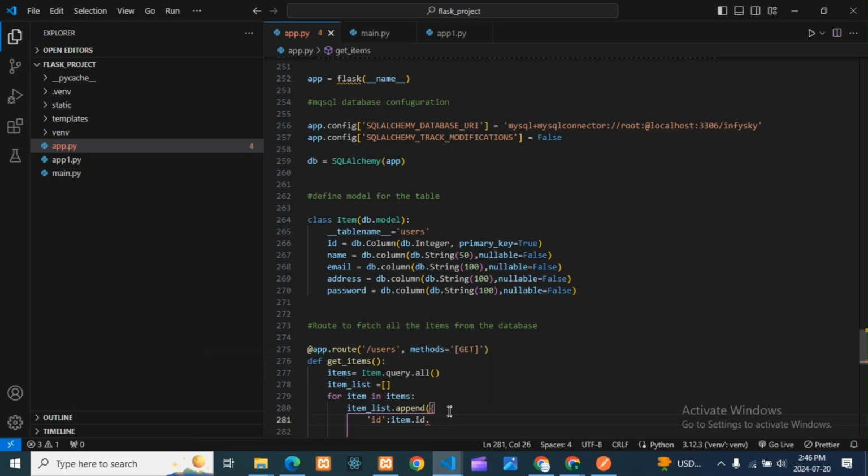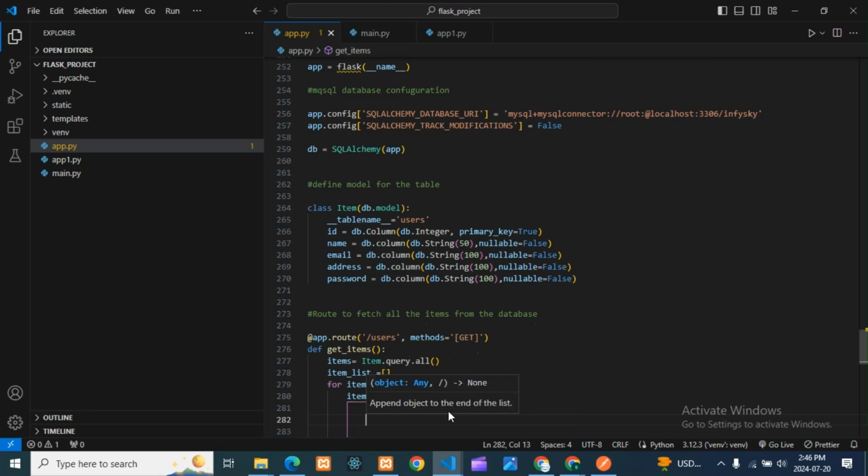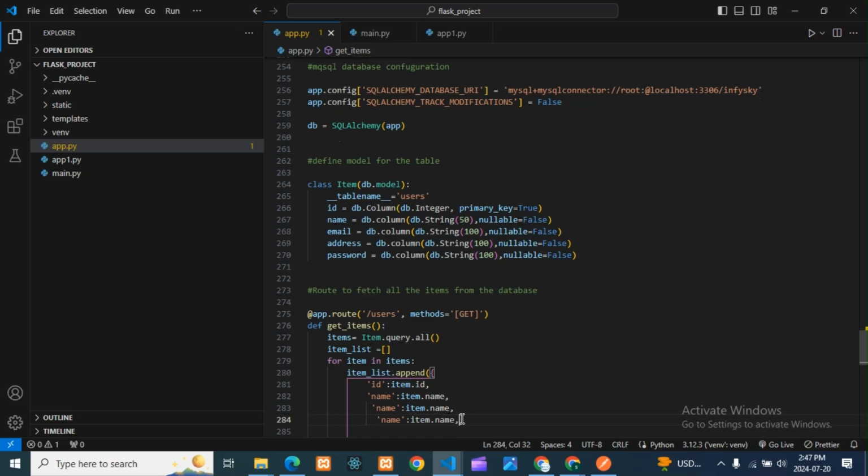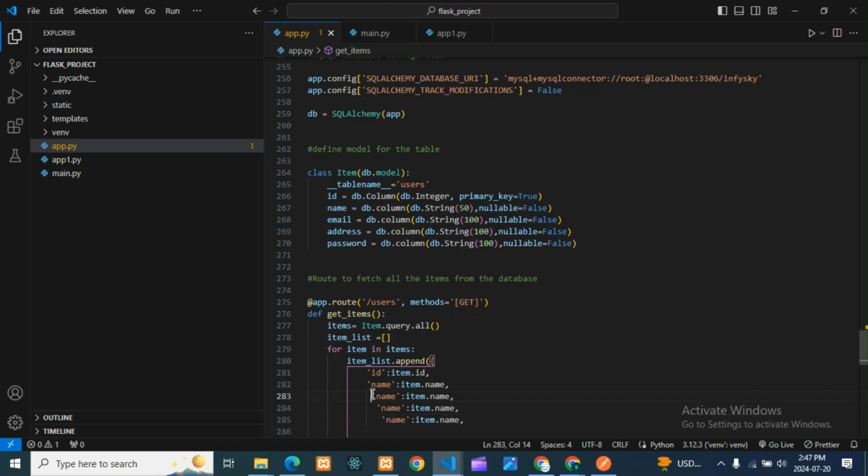Here it is a comma. Then next the name will come. So here it is item.name, meaning whatever name we have given in the database. What I will do now is copy all these things for email, address, and password.